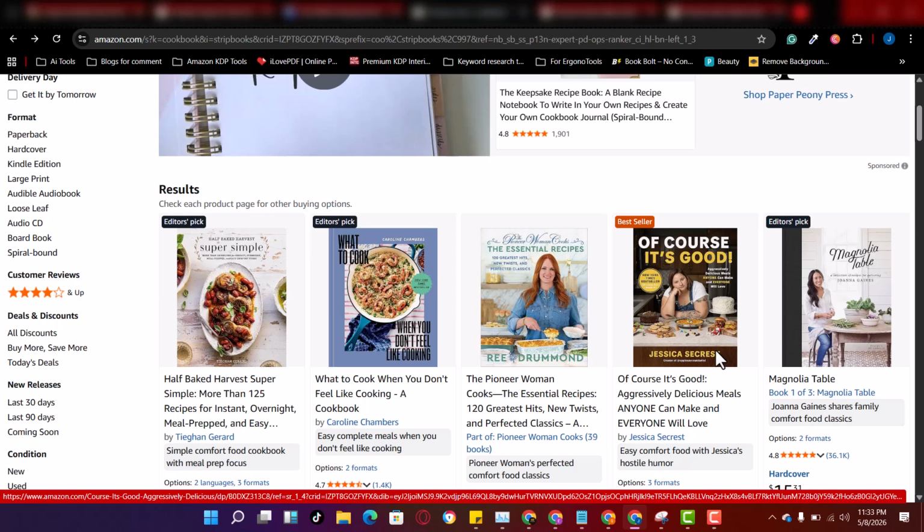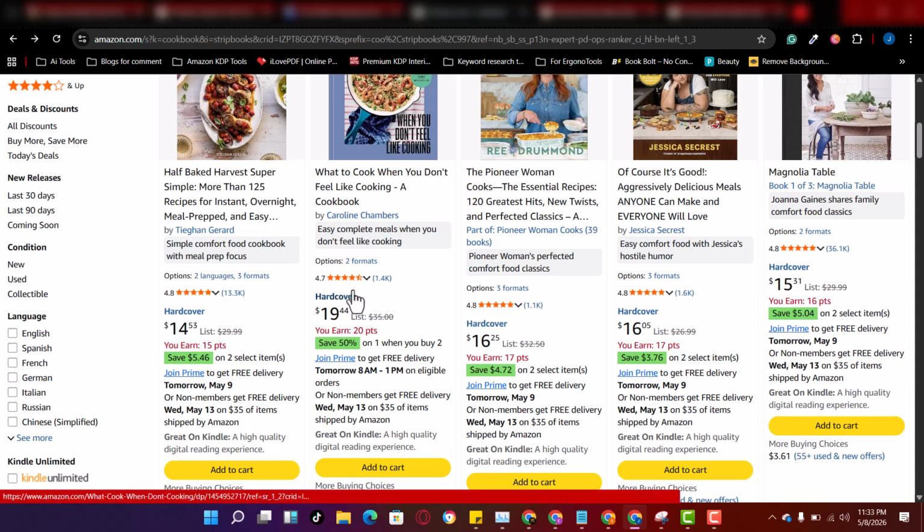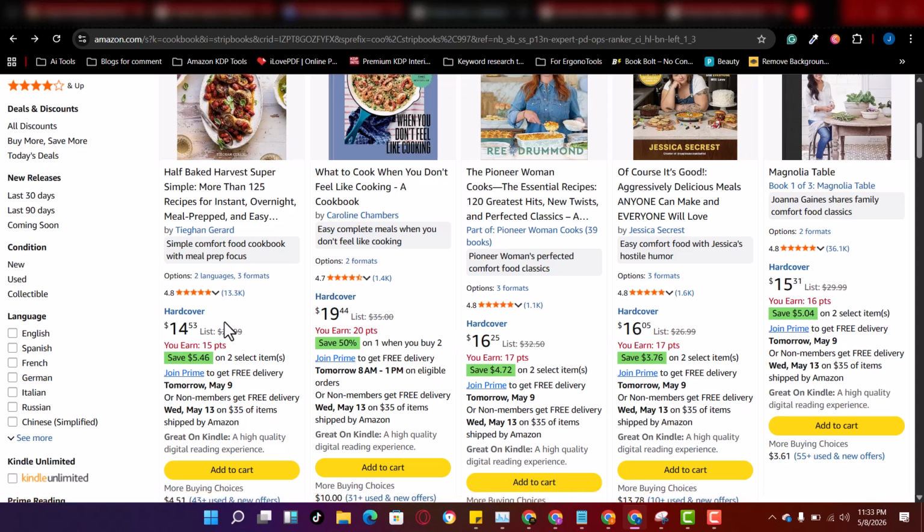Now this is how they make money from this kind of books. So when you publish a book, take for instance, let me come back to this book again. You see this person right here published this book for $19. This is actually the hardcover. Like I told you, we have hardcover, we have soft cover. So if you look at these books right here, they are all hardcover.